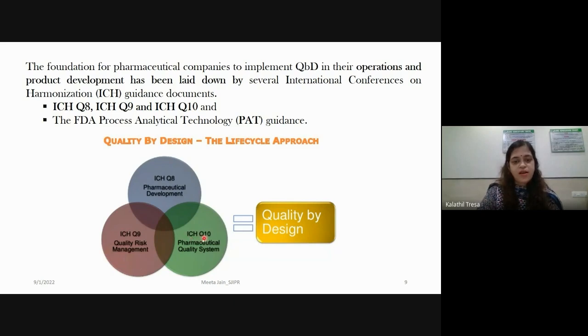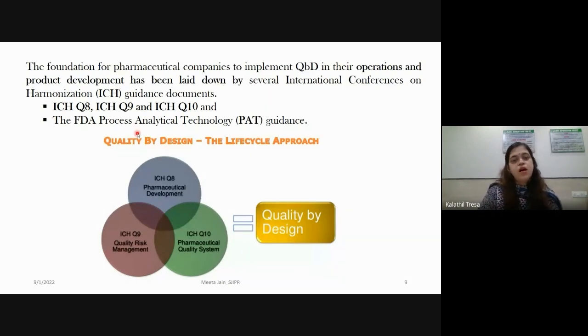ICH Q10 guideline gives you the pharmaceutical quality system. So if you go through this guidance, these are just guidance. It does not give you any method for QBD. It is just a guidance. You will get a product of good quality, and that is also a life cycle approach. Till your product is there in the market, you can apply this quality by design.